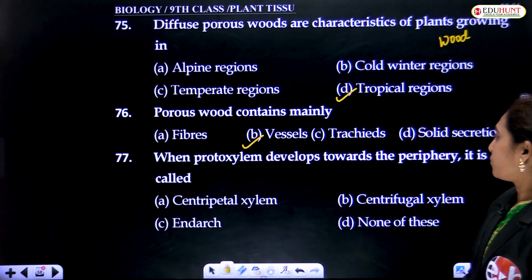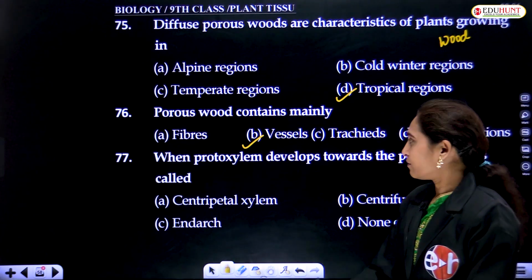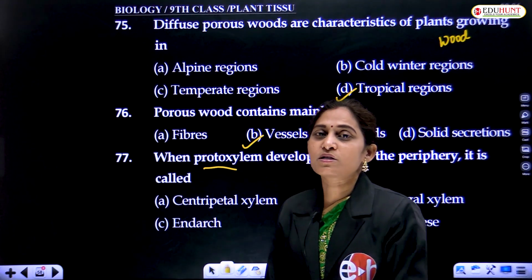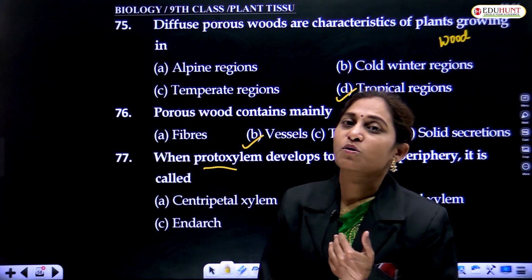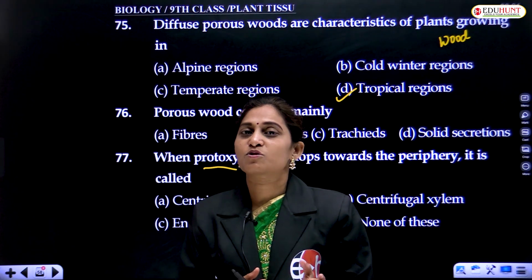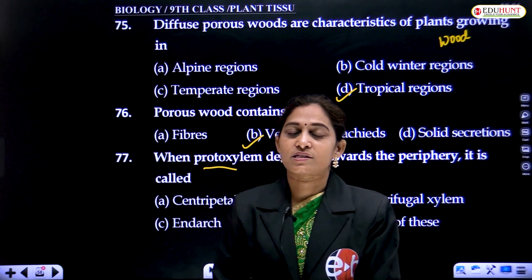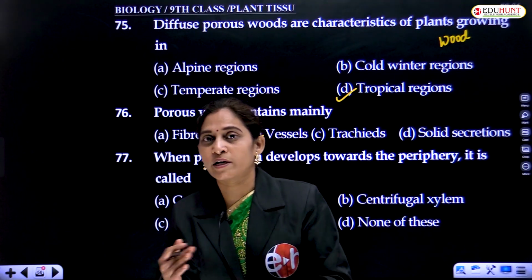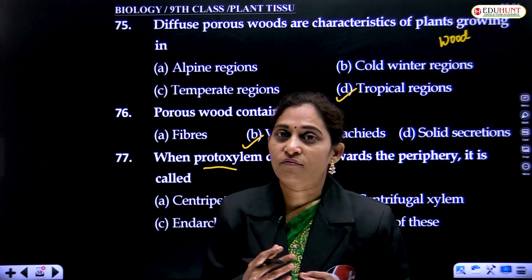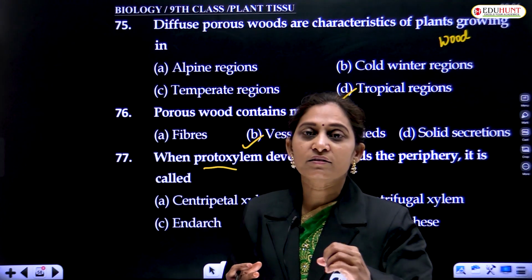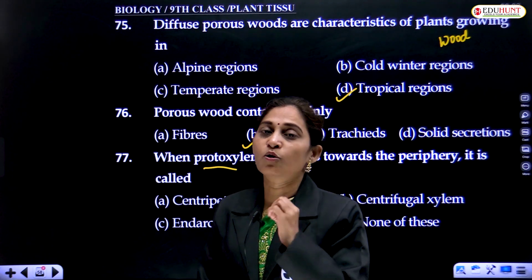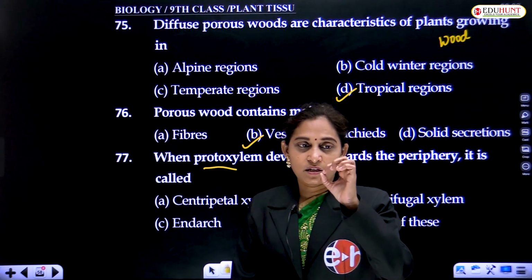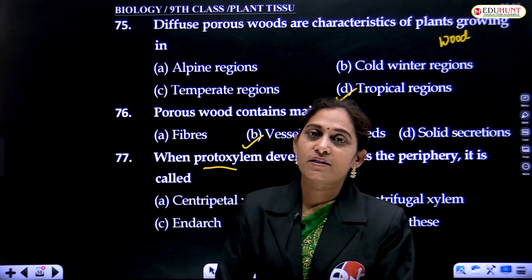When protoxylem develops towards the periphery, it is called... then what is meant by protoxylem? Protoxylem is nothing but the xylem that is produced at the beginning, and metaxylem is produced at later developmental stages. How can we differentiate proto and metaxylem? We can differentiate them by observing the lumen size of the vessel. The protoxylem possesses narrow and small vessels and tracheids,